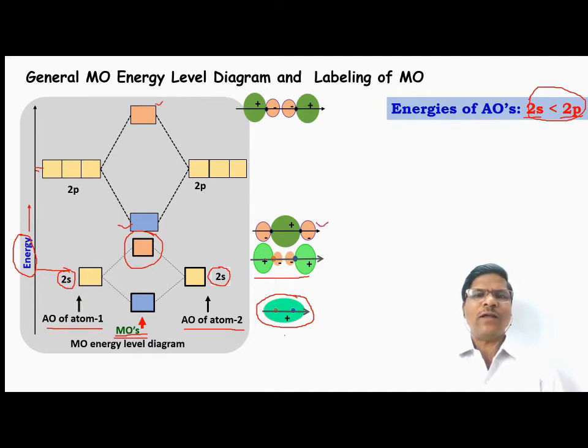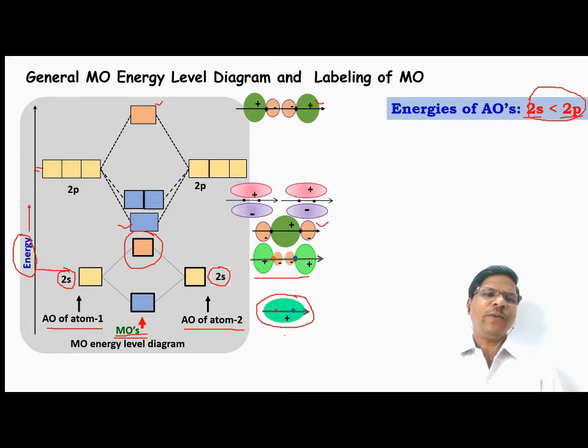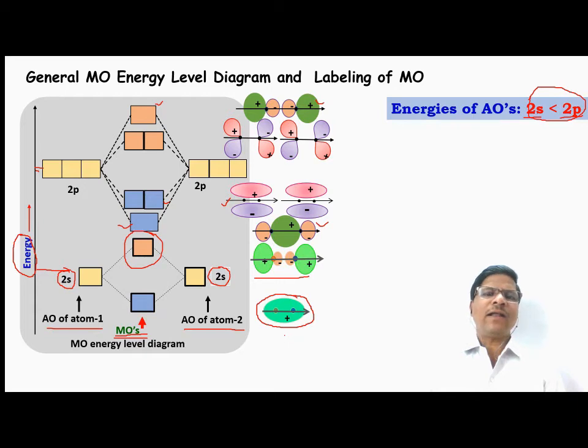So we have the bonding orbital and anti-bonding orbital, and these are the sigma types, resulting from the interaction of the 2pz 2pz. Then we have 2py, so we have the pi molecular orbital. 2px and 2py are similar in energy and they form the pi molecular orbitals. So pi bonding, here also pi bonding, and then pi anti-bonding. Okay, so this is the general molecular orbital energy level diagram for these molecules.